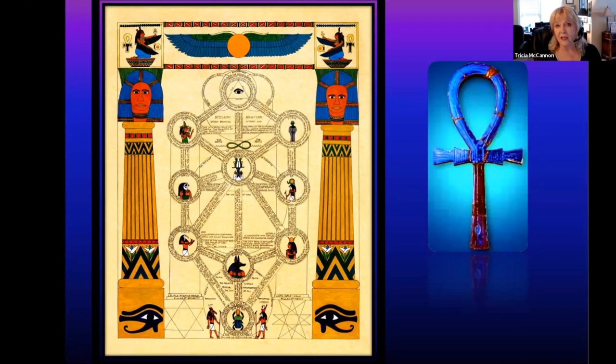The Tau cross looks like a T, basically, and it has to do with the end of the cycles of time. At the end of every age, we have a graduation day. Who has awakened? Who is ready to graduate from Earth School? On that one nameless day, as they say, when we stand before the two columns, the elder columns of the elder tree, and the male and the female tree, basically, and we wind up taking a look at our book of life. What do we discover? And of course, this becomes the cosmic womb. This is the merger of the male and female together as the Vesica Pisces. It's the eye of God from which everything is born.